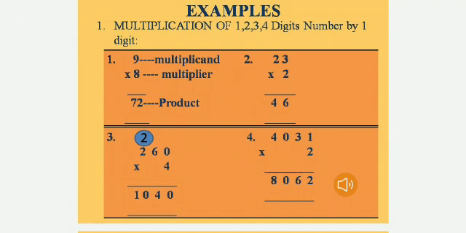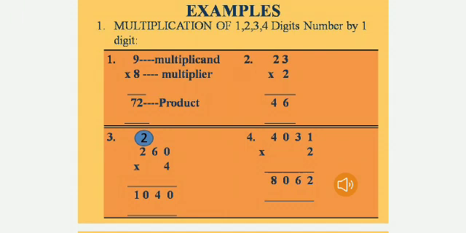Now let us see the third example down on the left side. 260. I have taken a 3 digit number as the multiplicand and I am multiplying with only one number, the multiplier 4. 260 into 4, and you have to multiply from the right side only. 4 zeros are 0, 4 sixes are 24. 24 is a 2 digit number, so 2 you have to keep as carry for the next number and 4 I have to keep down. 4 twos is 8, and I have to add that carry 2. 8 plus 2 will be 10. So the overall result, or the product, is 1040.